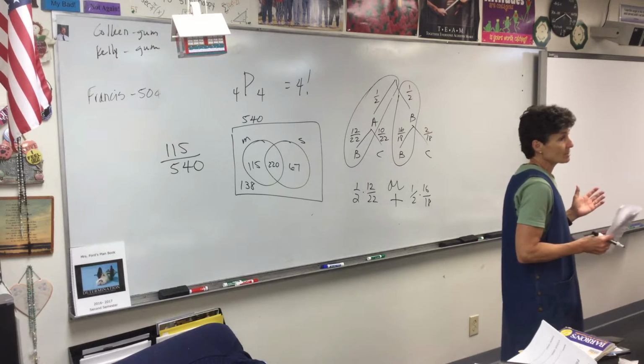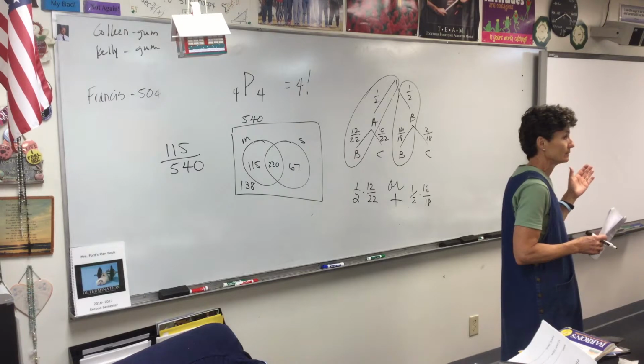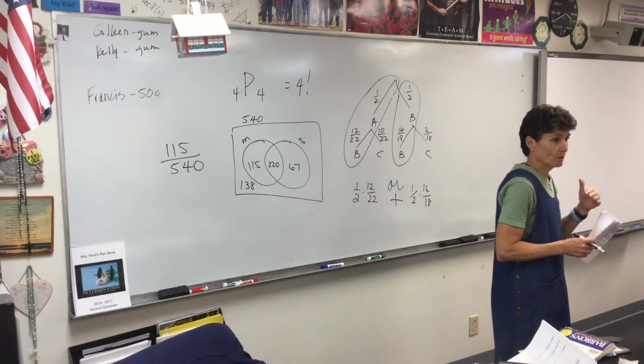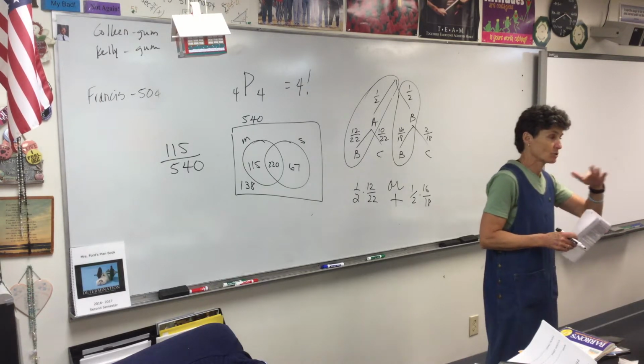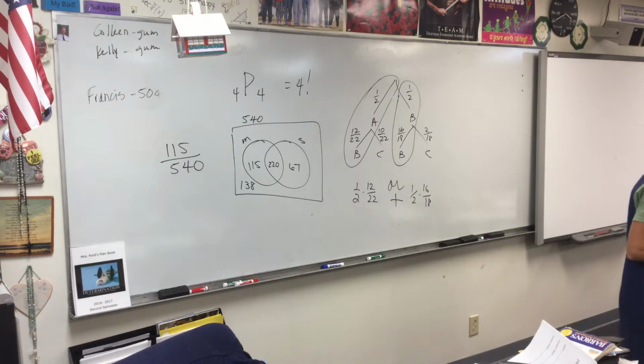Count the total letters. I don't know how many there are, however many letters there are. And then what do we do? Once we count them up, it's that factorial. So if there's 30 letters, it's 30 factorial, divided by